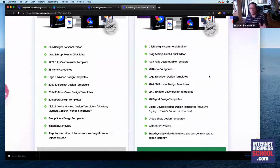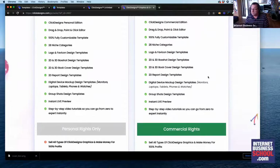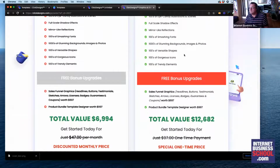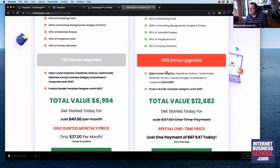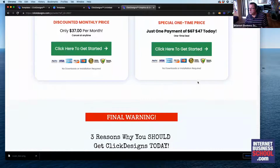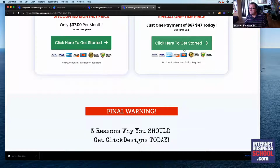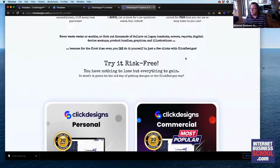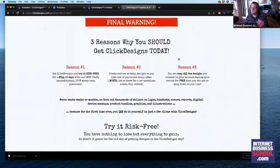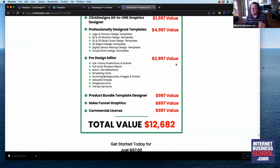Okay, that's half of what you would pay for Canva Pro for the year, and it's a one-off payment, and it gets you sales funnel graphics and all sorts of stuff. So basically the account that you were looking at there was a $47 account. You know, for some people that would be enough, but once you go through that first stage of the checkout,